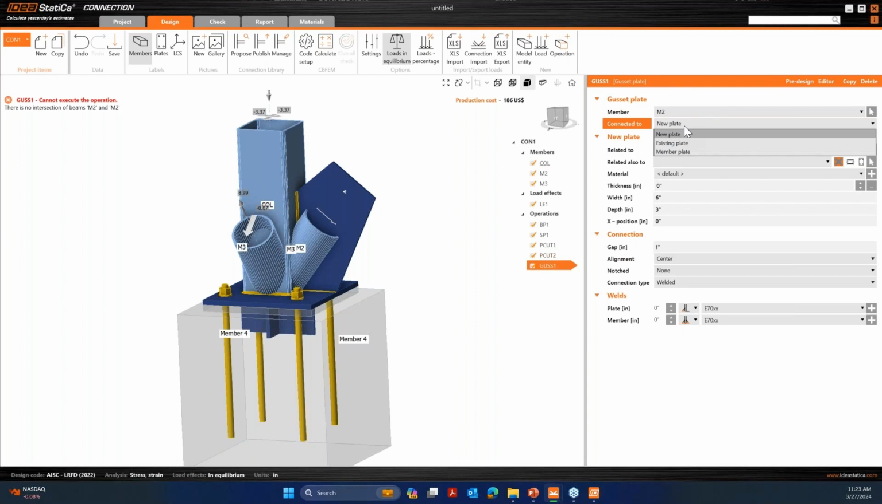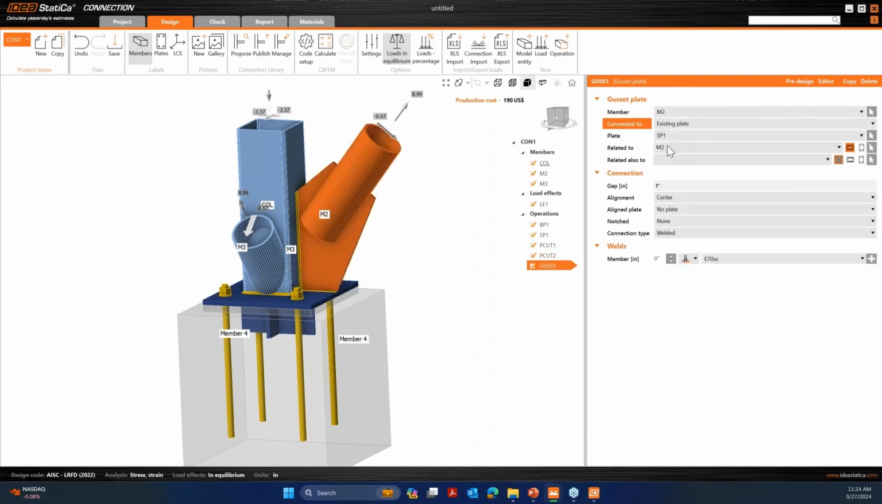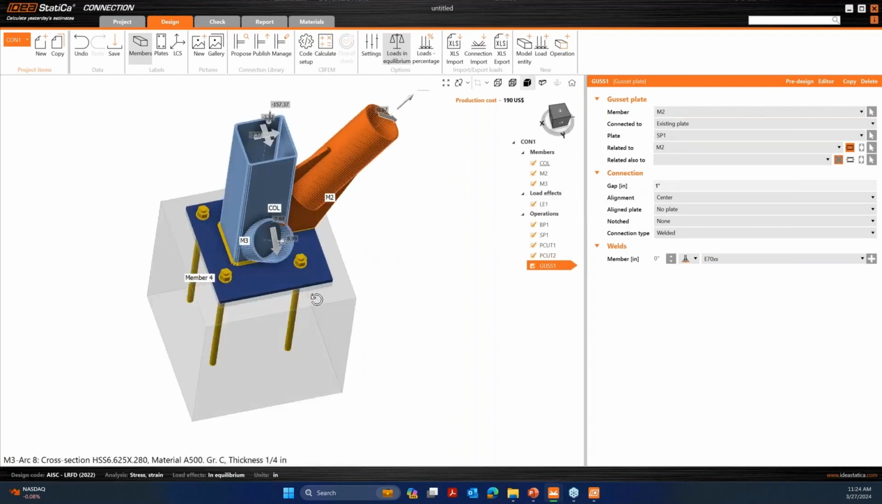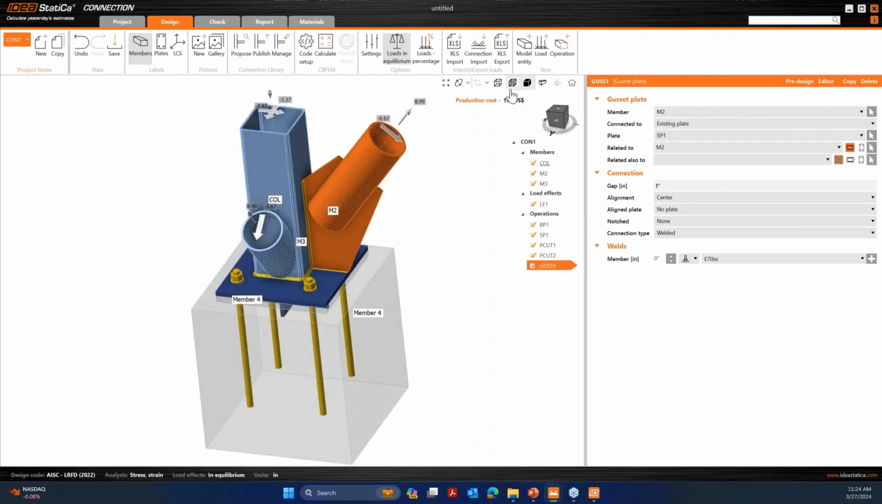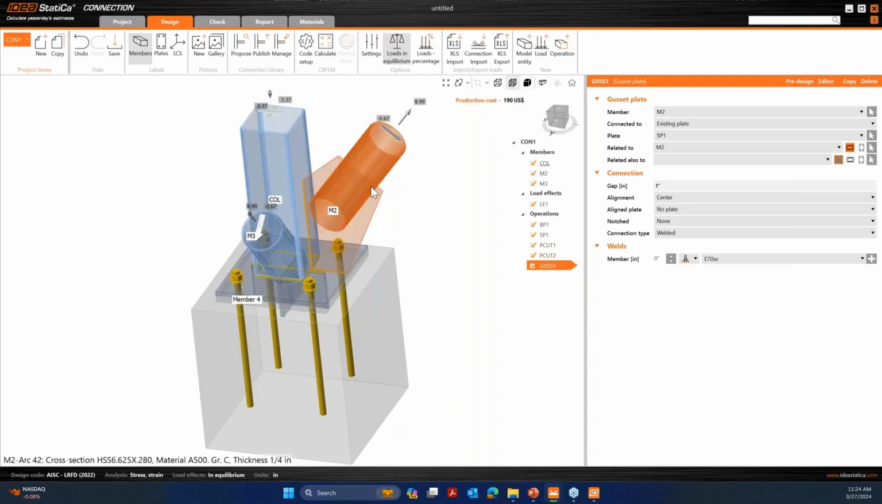Instead of creating a new plate, drop down the menu and click on the existing plate. Here, the existing plate is the only one that we have, which is SP1. And then we can jump onto the connection. Now, you might think that this connection is already connected correctly, but if we go to the transparent view,